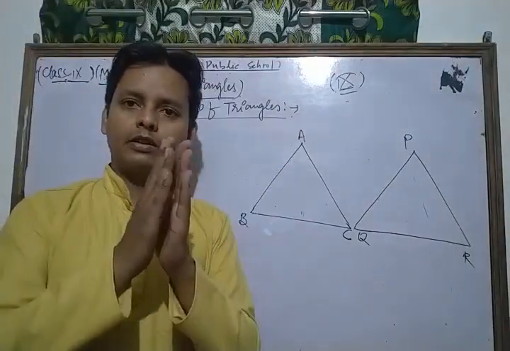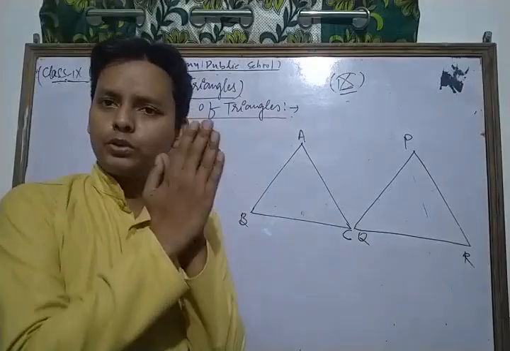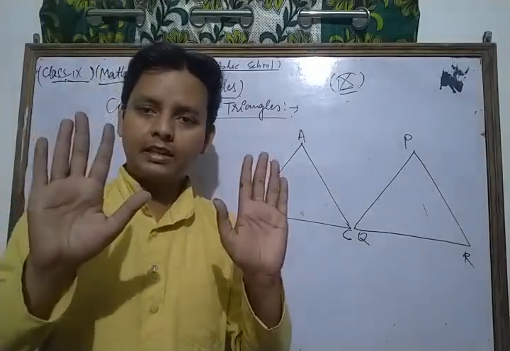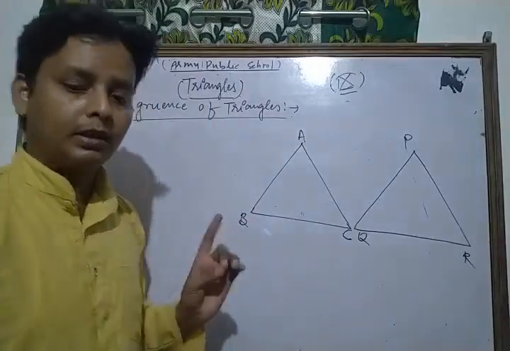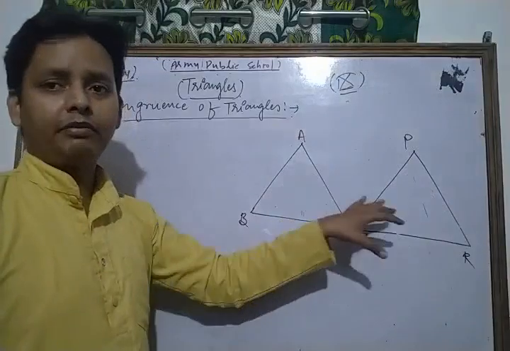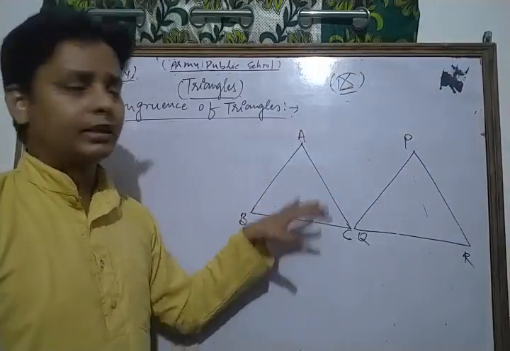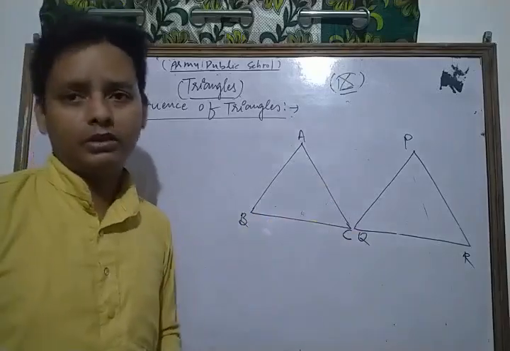If we write them in that way, then these are superposed on each other, so we can say that they are congruent to each other. Similarly, if we put angle PQR on that angle, and it superposes exactly and covers triangle ABC, then we can say that both are congruent to each other.